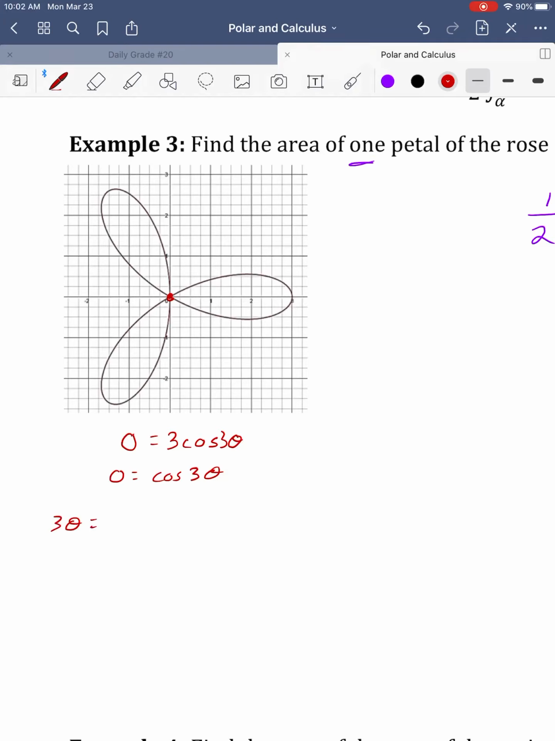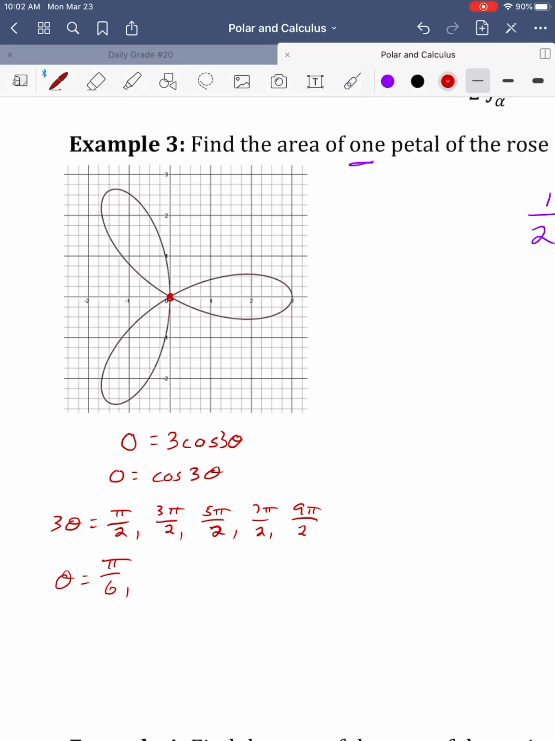So 3 theta equals the places where cosine equals 0. Cosine, remember, is your x-coordinate. So pi over 2, and then again at 3 pi over 2, and then again at 5 pi over 2, 7 pi over 2, and you go round and round. 9 pi over 2, etc. So theta is pi over 6,